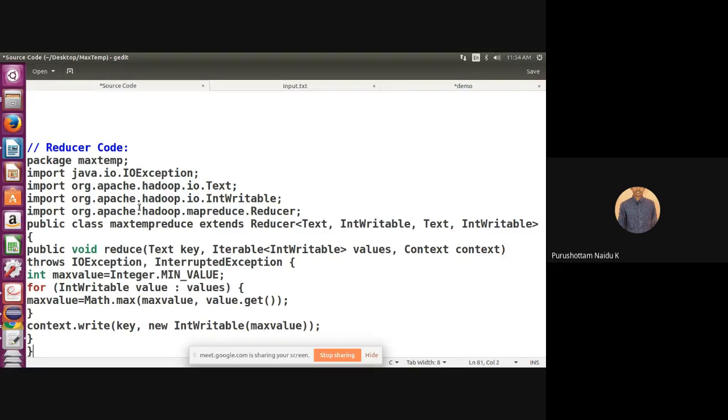How to create a jar file and how to run a MapReduce program was already discussed in the previous MapReduce program. Listen to that video once again and you will get the idea about how to run the MapReduce program. Okay, that is about the weather data set and finding the max temperature in a particular year.